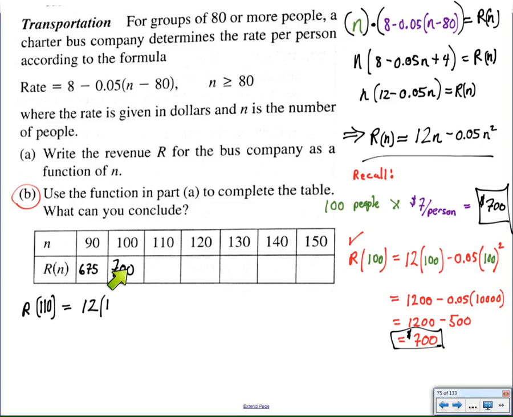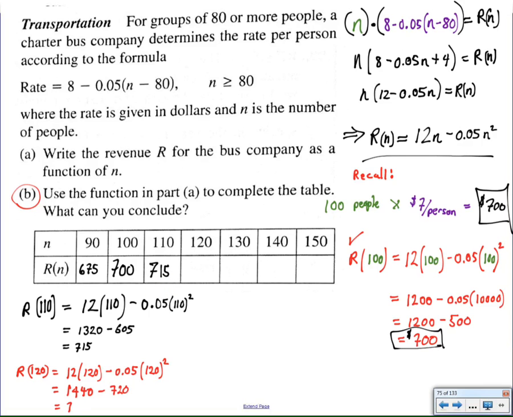Now that I trust my function equation, I can start killing it. I already figured out 675, and I just now verified that it works for 700. So now I'm just going to do some extra ones. We got 110. Substitute that in for n, and we get $715. So here we had a $25 jump, then a $15 jump. Let's see what happens now. We get $720. So we only made an extra $5 by having 10 more people come. So it seems like we have some diminishing returns here. I'm going to do one more. We got 130, calculate it all out, and we get